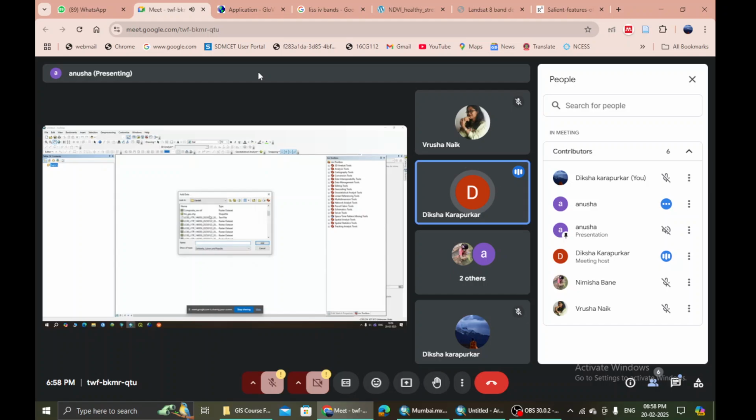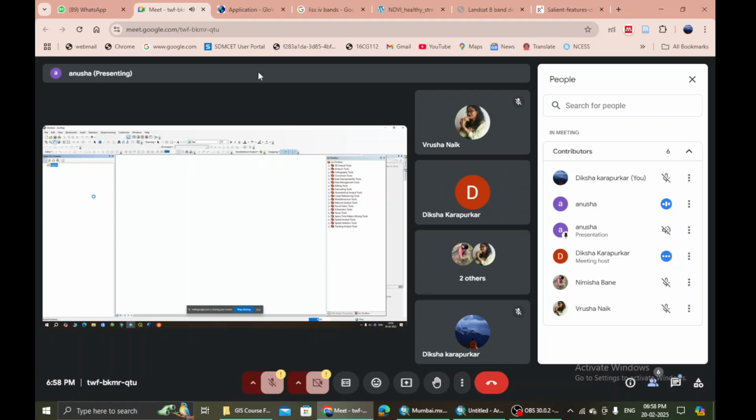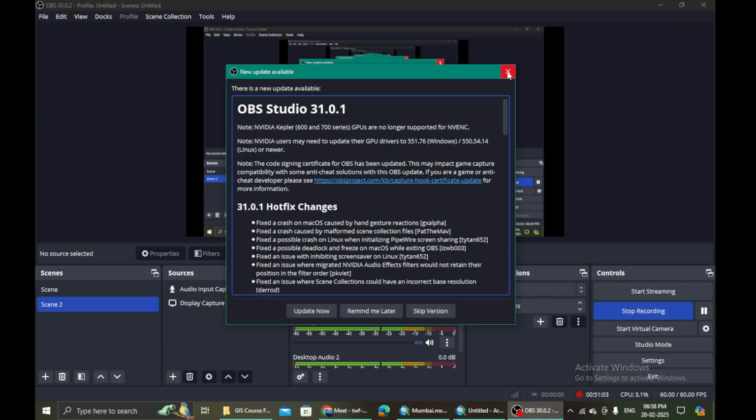Add all your top of atmosphere radiance files, all band 1 to band 7, add them to your ArcMap. I have added all the bands. Now I'm adding it.